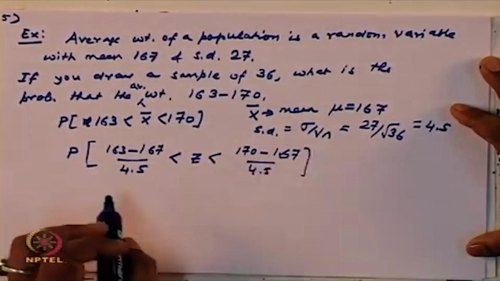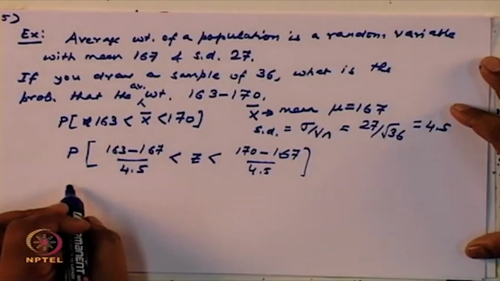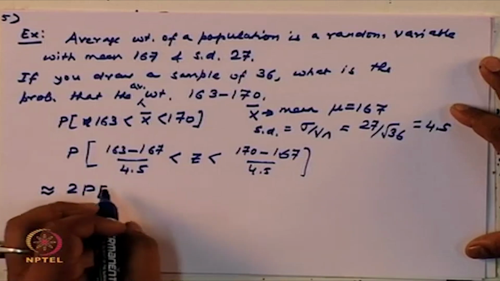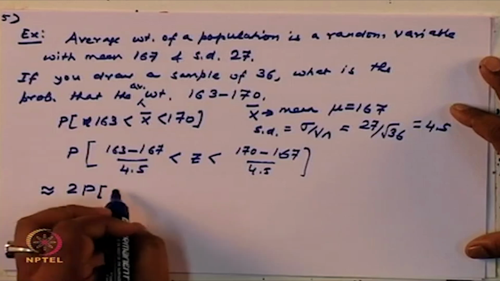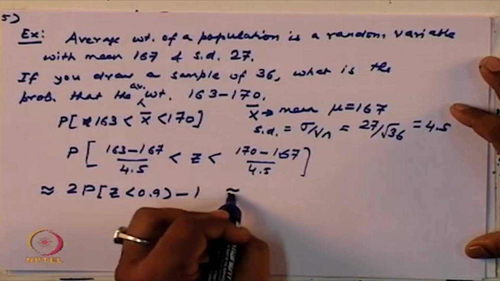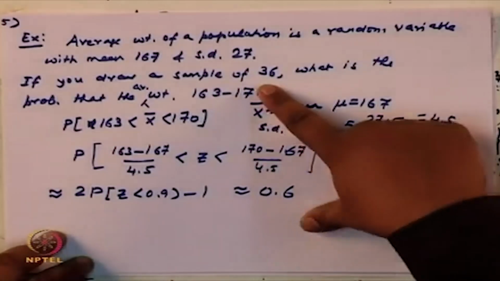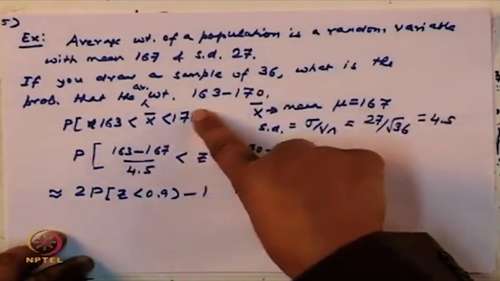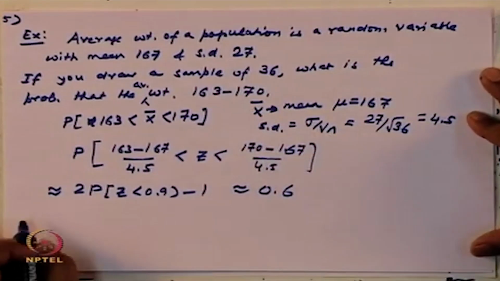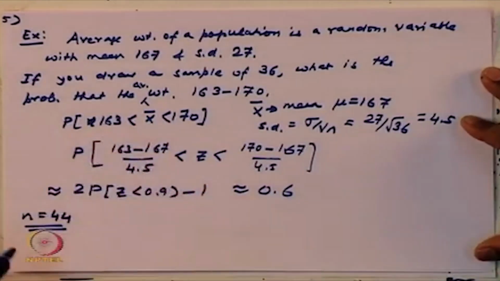So, you can make this simplification, and this is roughly 2 times the probability of z less than 0.9, minus 1, which is roughly equal to 0.6. So, for your sample size of 36, the probability that the average weight will lie between 163 and 170 is 0.6. But if you use the sample size of 44, and you do the same calculation,